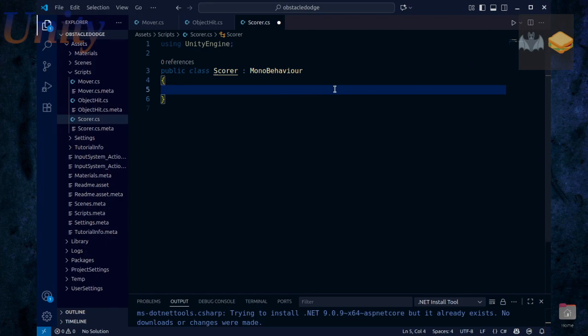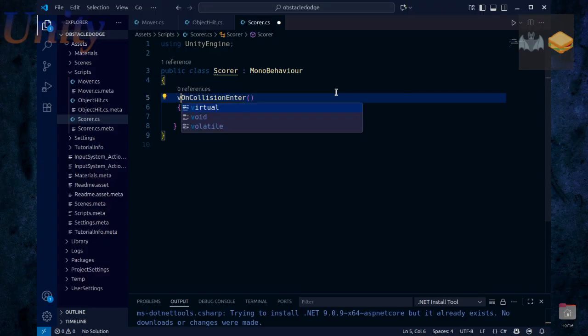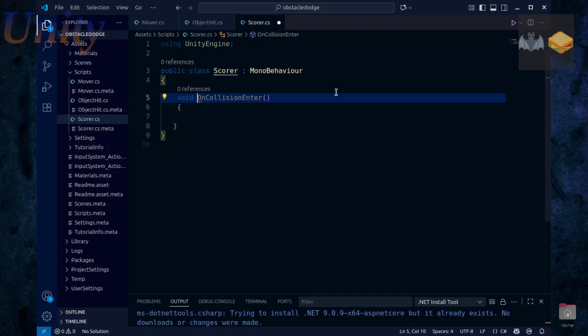It's all state based, so it occurs on an instance. So let's do an on collision enter method, and let's make that a void on collision enter,